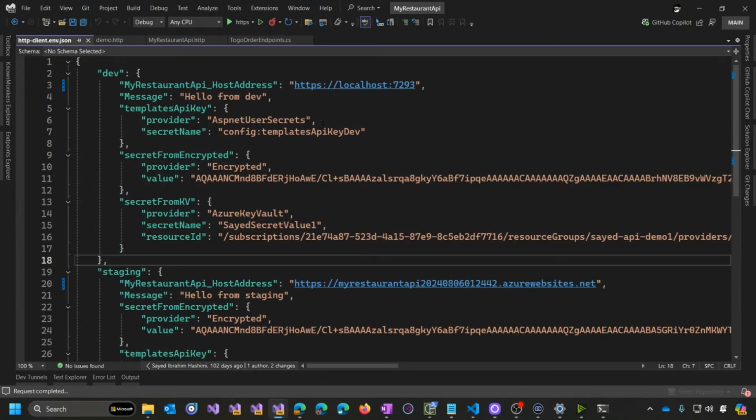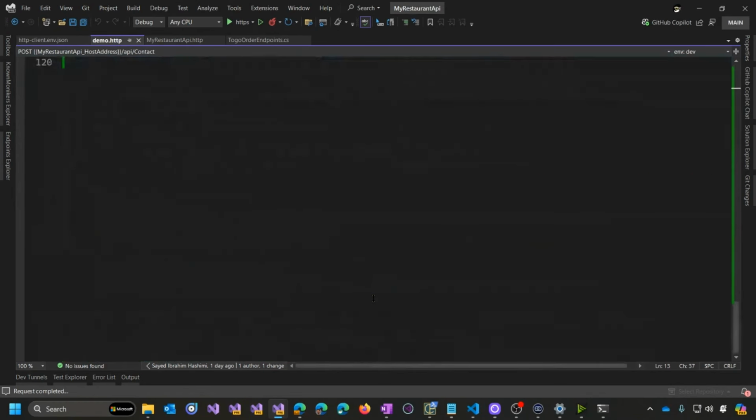So this is an example of user secrets. This is an example of Windows DPAPI encrypted, and that's machine and user specific. And then here's an example of Azure Key Vault. But let me just demo you the